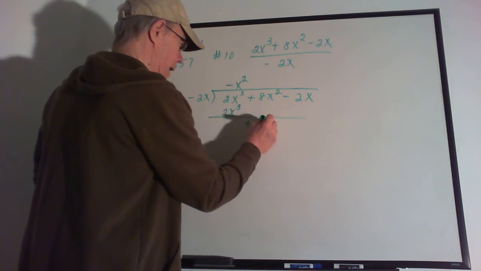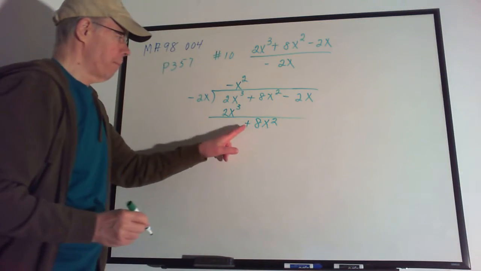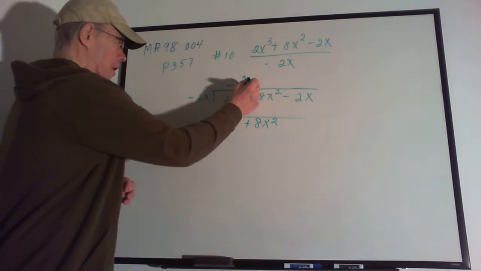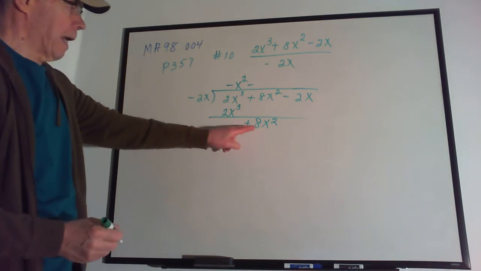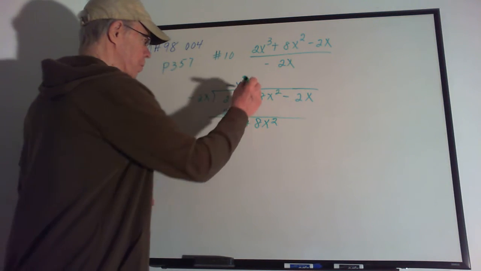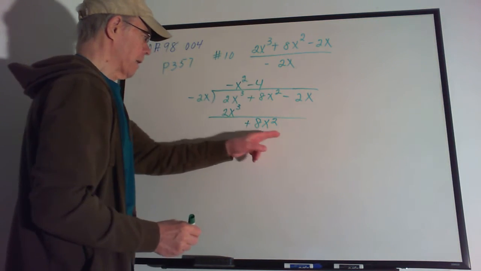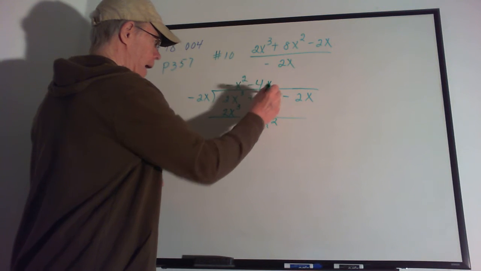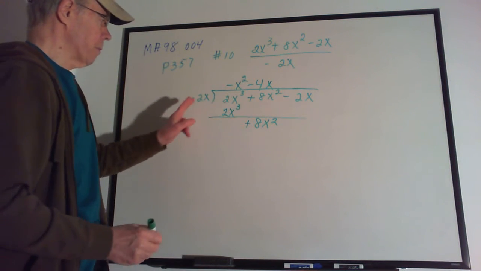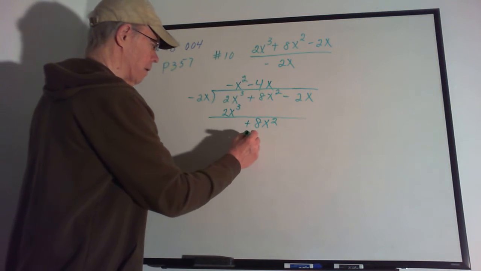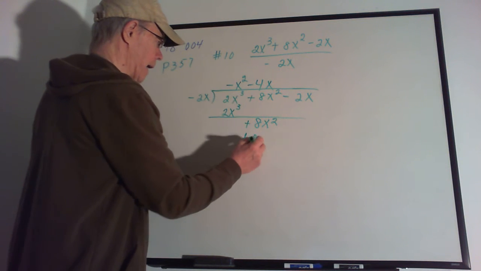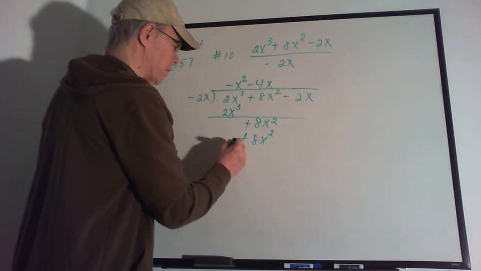Bring down the 8x squared. Positive divided by a negative is going to give me a negative. 8 divided by 2 is going to give me a 4. X squared divided by x is going to give me an x. So a negative times a negative gives me a positive 8x squared. Subtract,